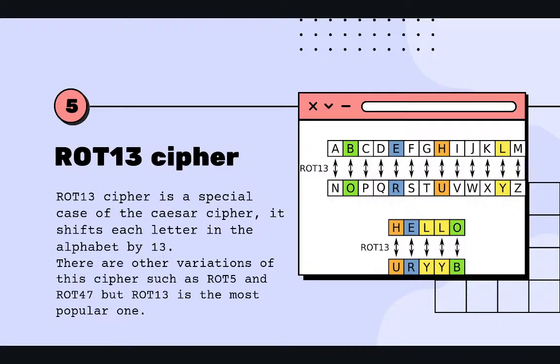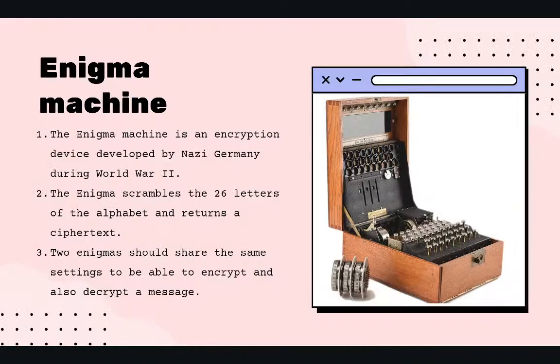There are variations of this cipher, such as ROT5 and ROT47, in which we shift the characters by 5 and 47 respectively, but ROT13 is the most popular one. Okay, now